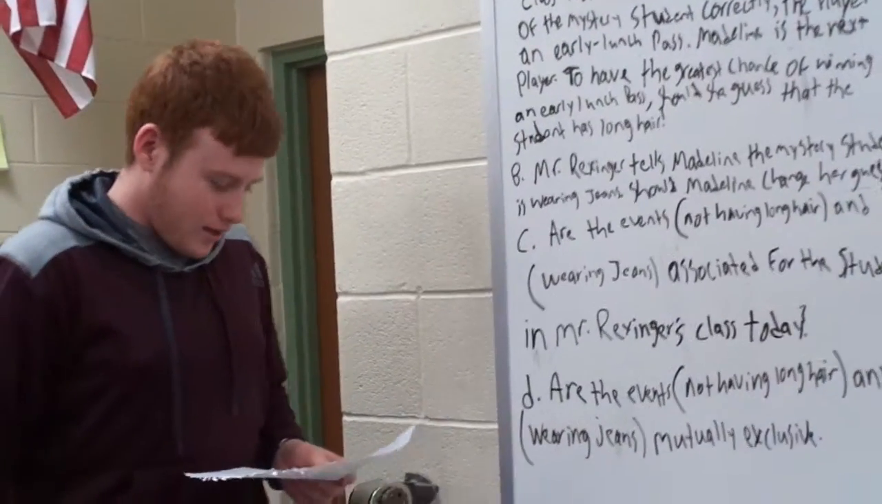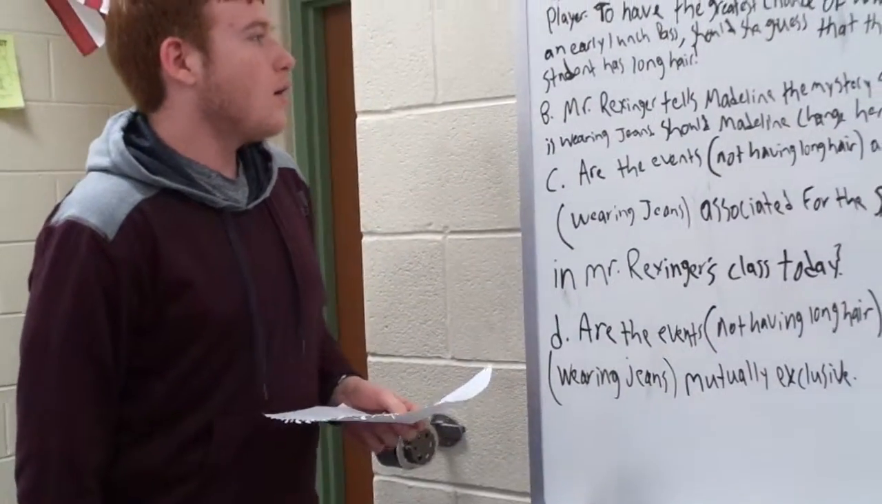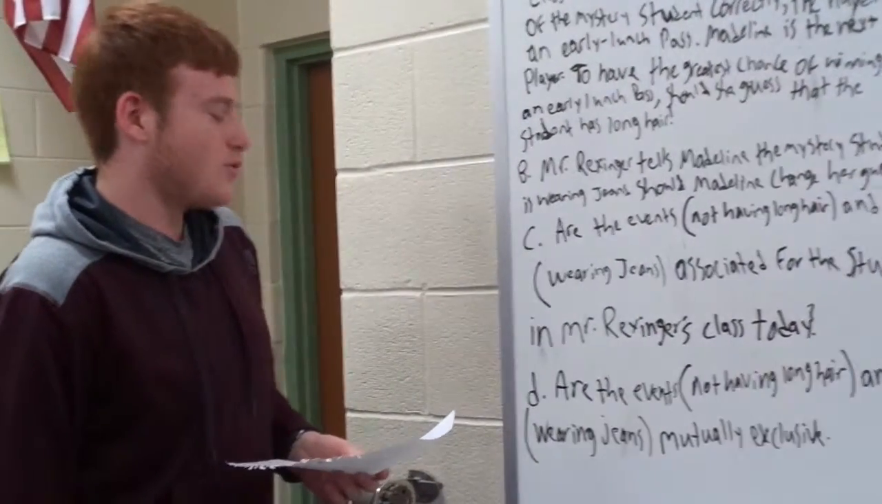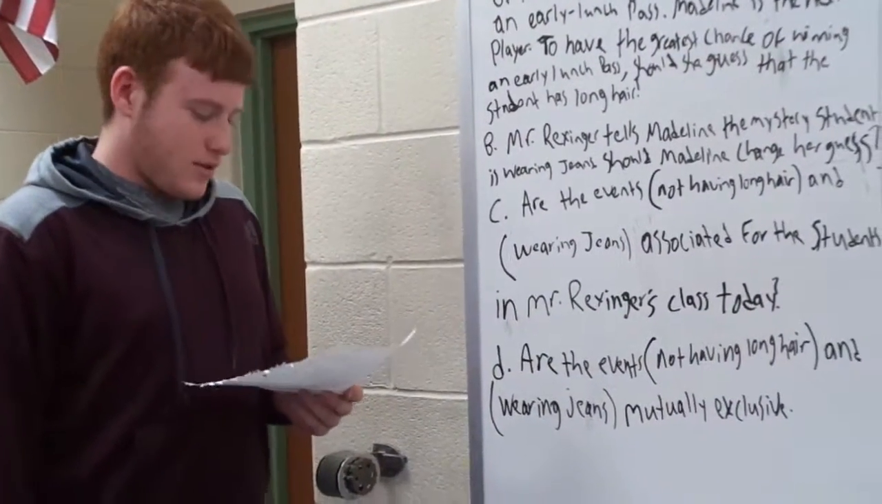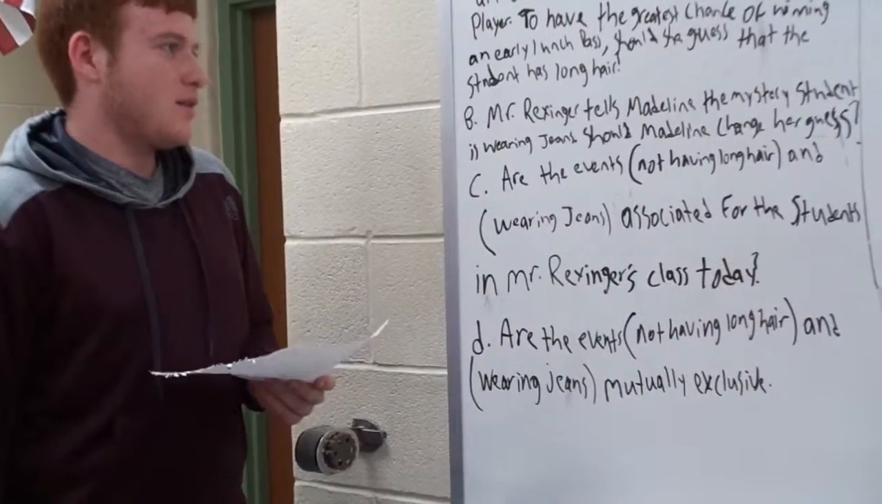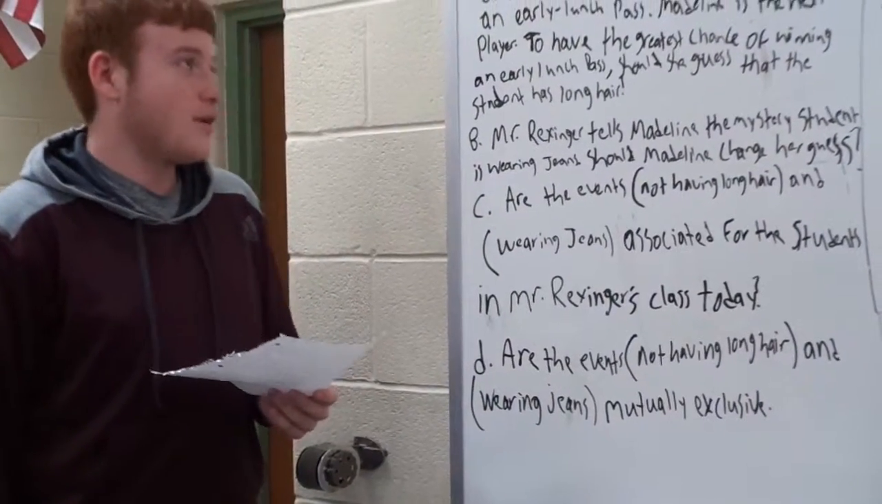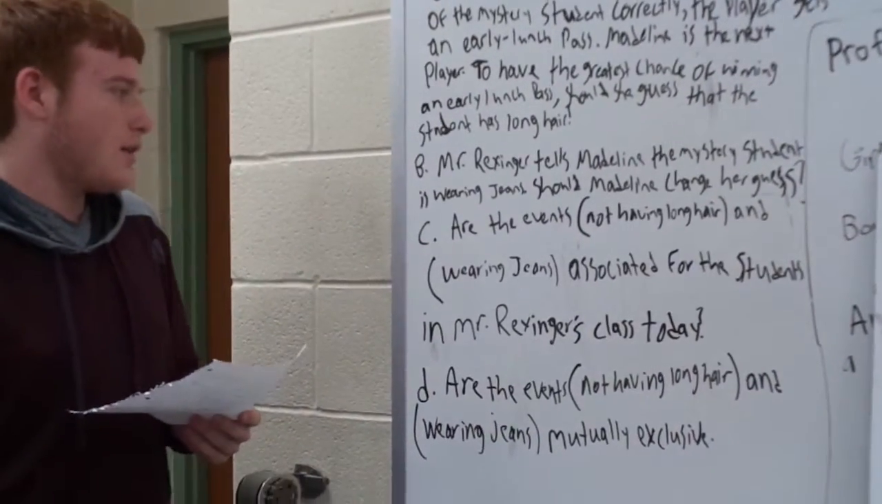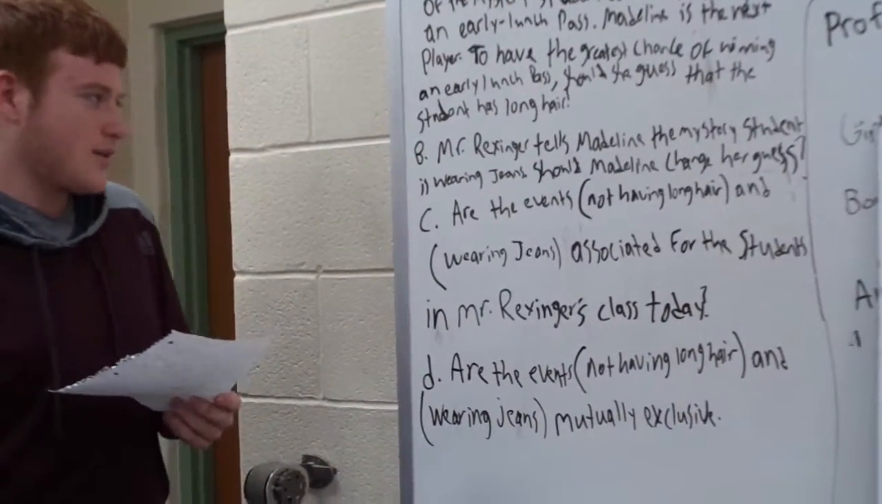So it's asking who has the greatest chance of winning a lunch pass if they guess the student has long hair. And so you would want to guess for short hair, because that is the greater probability of that happening instead of long hair. And then for B, it is asking,